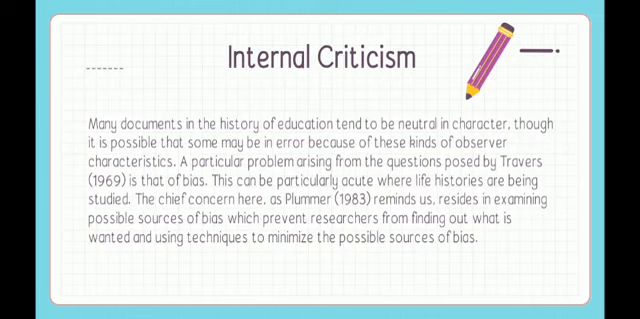Many documents in the history of education tend to be neutral in character, though it is possible that some may be in error because of the kinds of observed characteristics. Particular problems arising from the question are posed by Travers, 1969, as is obvious. This can particularly occur where life histories are being studied. The chief concern here is Plummer,